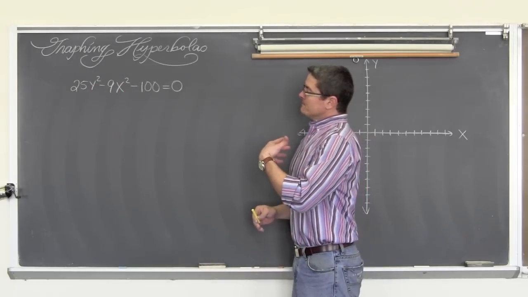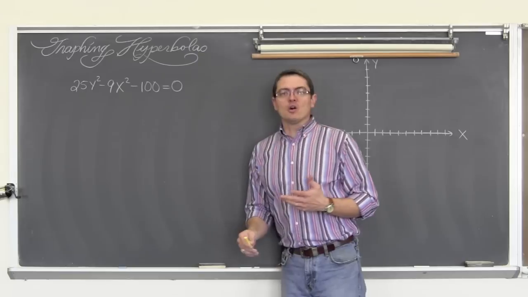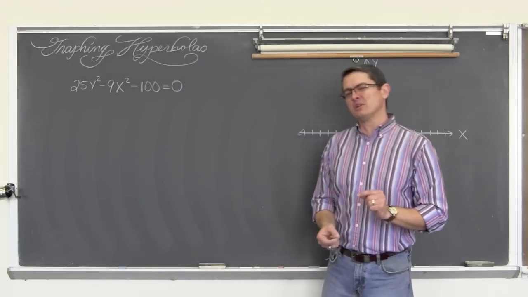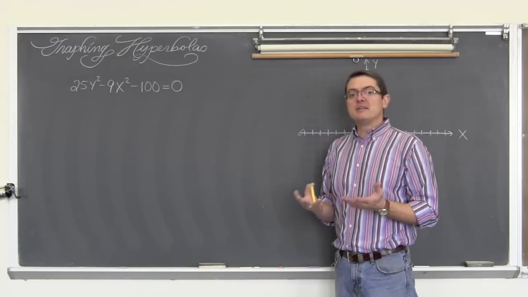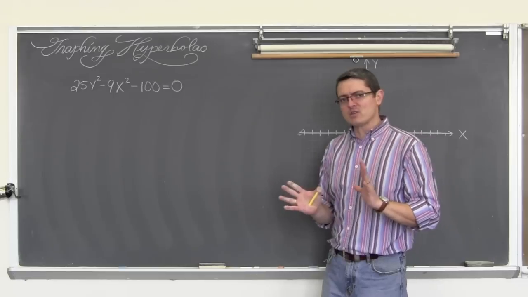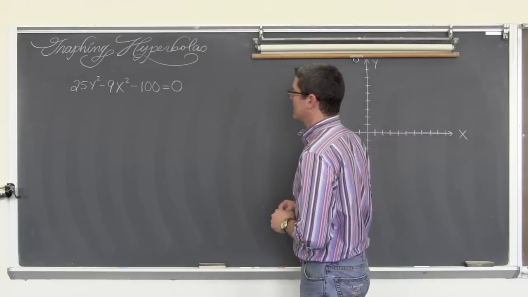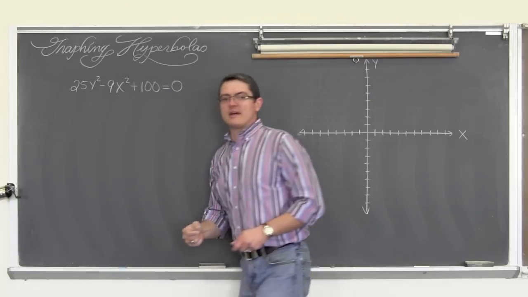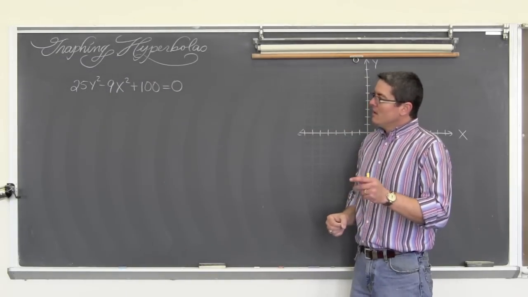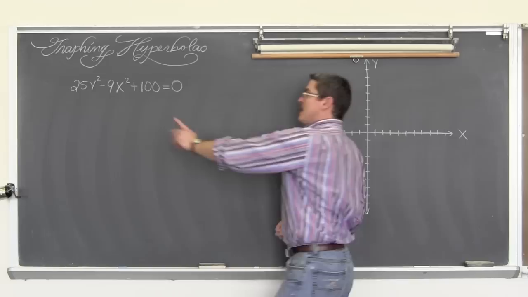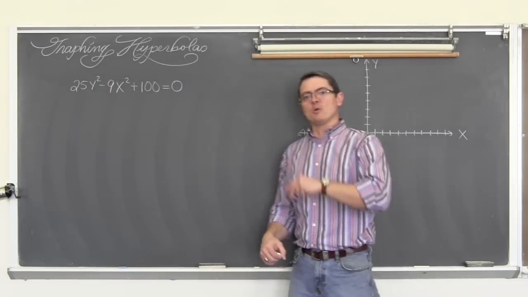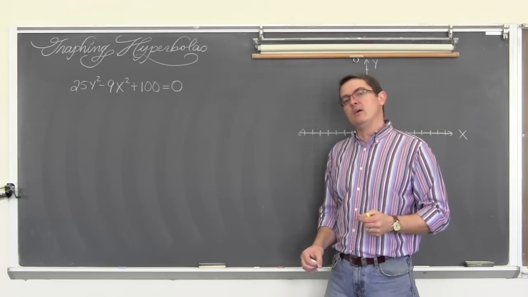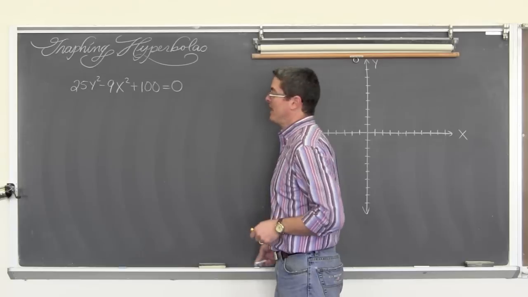So we have a hyperbola, and at this point the y squared term is positive, so it looks like it may be going up and down, but we can't really tell the direction until we have it in standard form. So actually, let me change it a little bit just to give you that example. I look at this. Positive squared term, negative squared term. Hey, it's a hyperbola. The y squared is positive, so this thing's going to go up and down. I can't draw that conclusion yet.